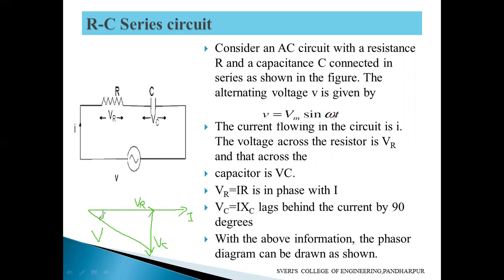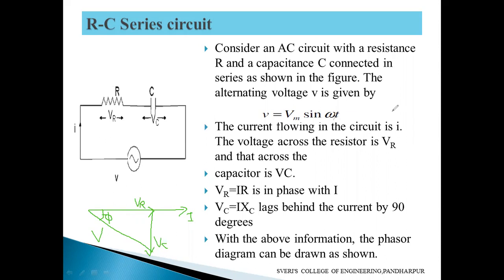Is this 90 degree? Yes, sir. It is 90 degree, 30 degree, 45 degree. We cannot say exactly. So for that reason, I will write as phi here now. So the voltage is lagging the current, which is nothing but it will come positive now. The current equation will come positive here now. From this phasor diagram, I can write I equal to Im sin omega t plus phi. Plus phi we have to write here now.